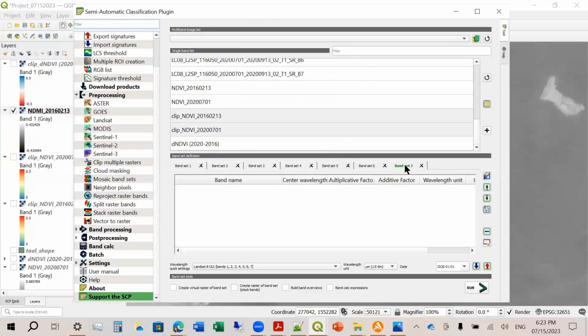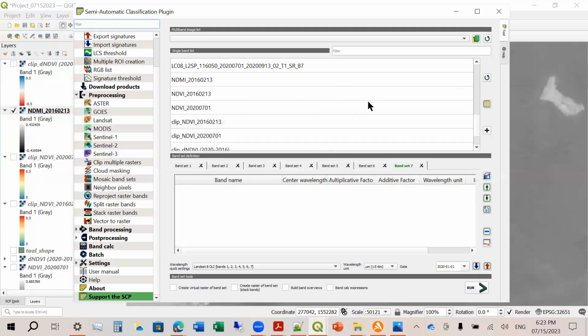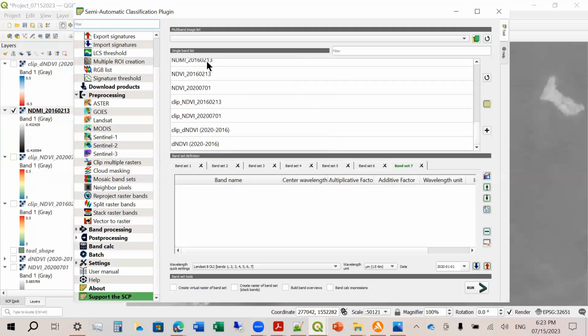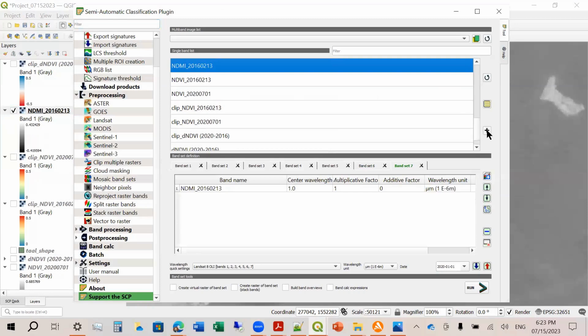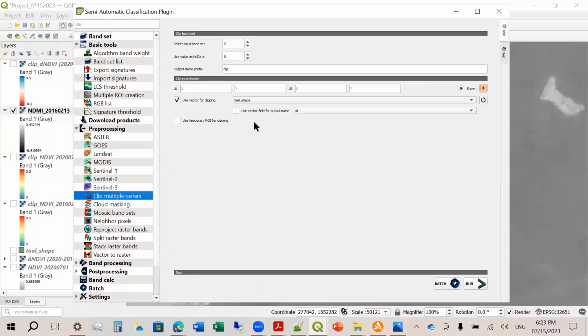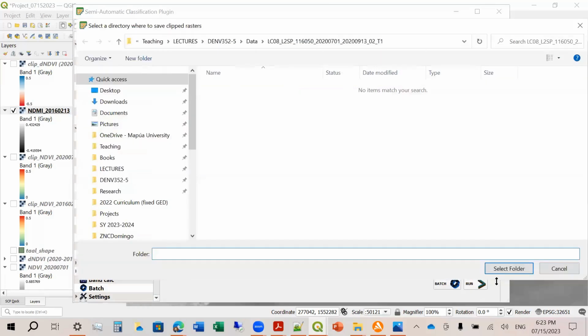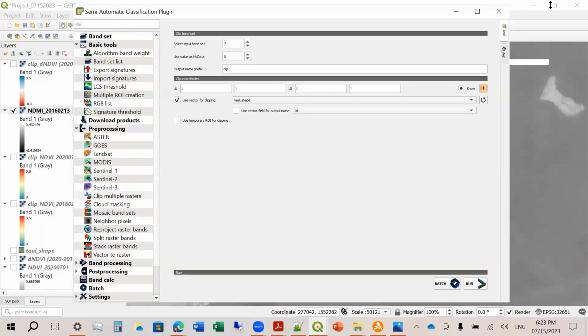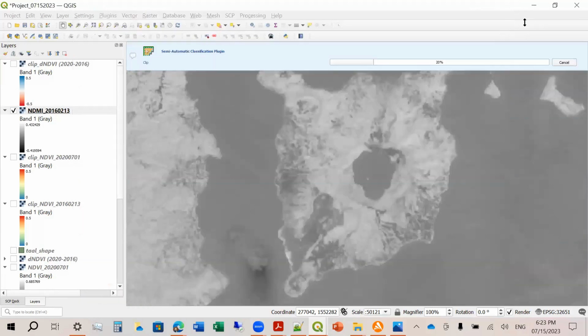So add band set number 7, refresh, NDMI, then add, and let's go to multiple raster, clip. So band number 7, use vector for clipping, then run. Okay, so let's wait for this to clip.